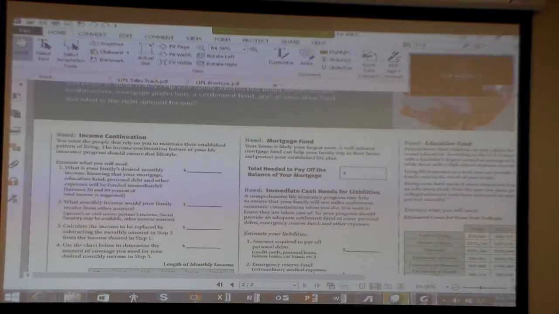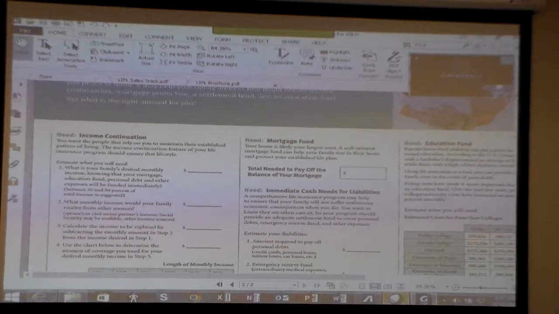So I start with this. I'd like to begin with the mortgage fund because I believe it's the most important thing we can do, is to make sure your loved ones will remain in their home as long as they choose. Would you agree that's important as well? It's really good to get them talking. It gets them from getting too bored. It gets them engaged. So let them say what they feel.